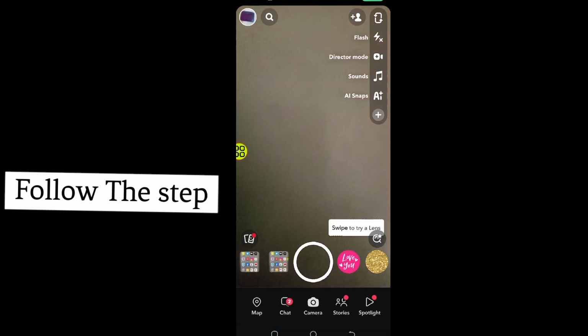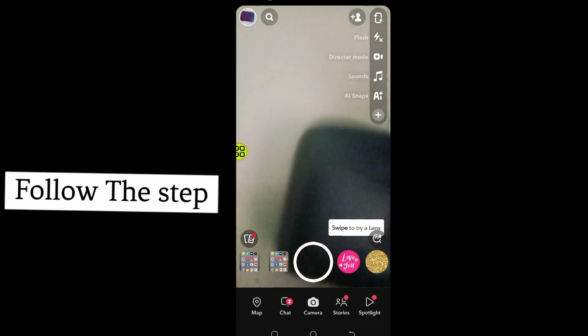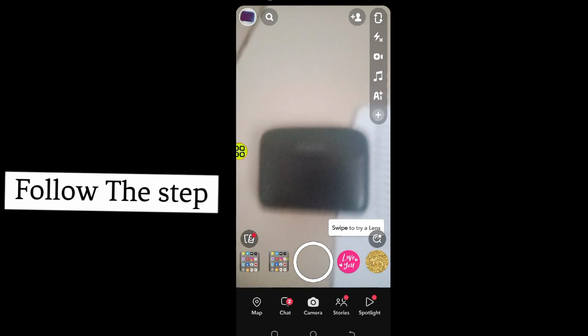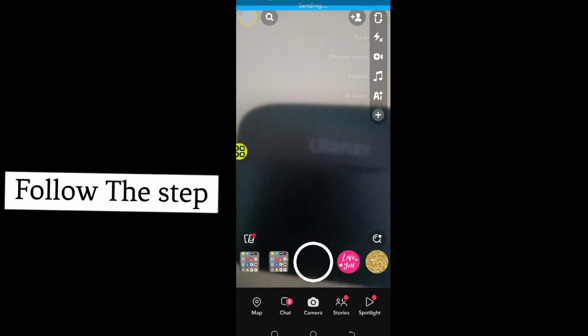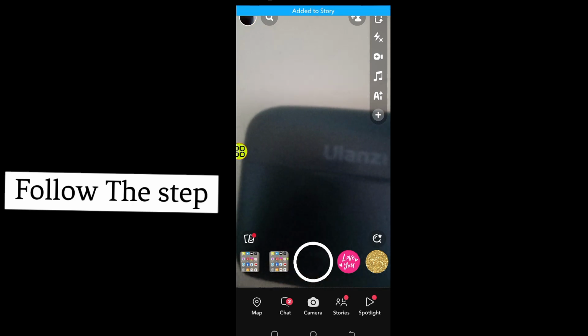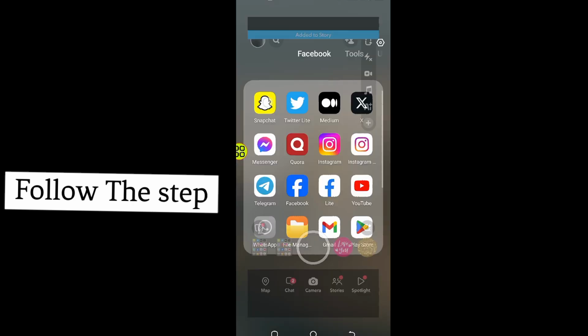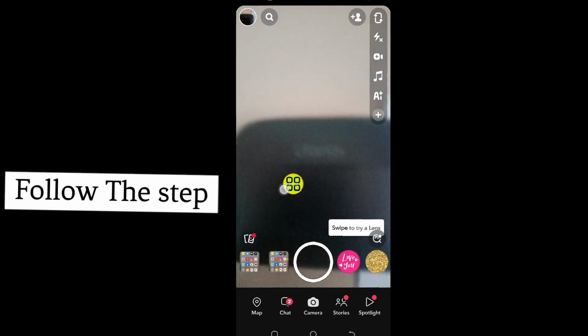Now after you open your Snapchat, I'll go ahead and take a screenshot and add a story on my story like this one. After you add a story like this, my story has been added. So now if I want to see who took a screenshot of my story, after you open your